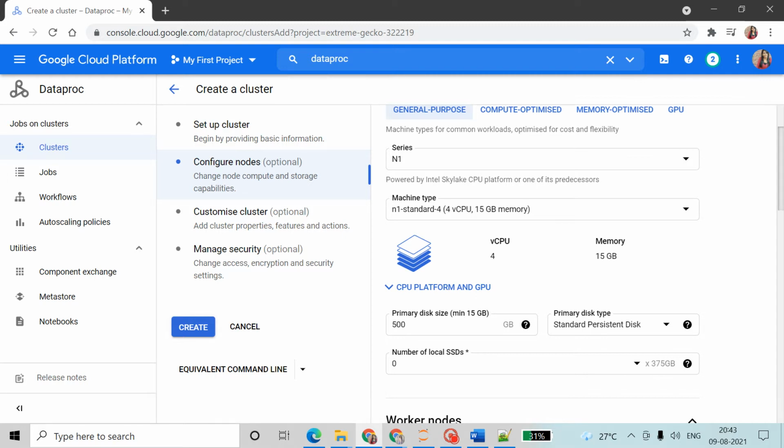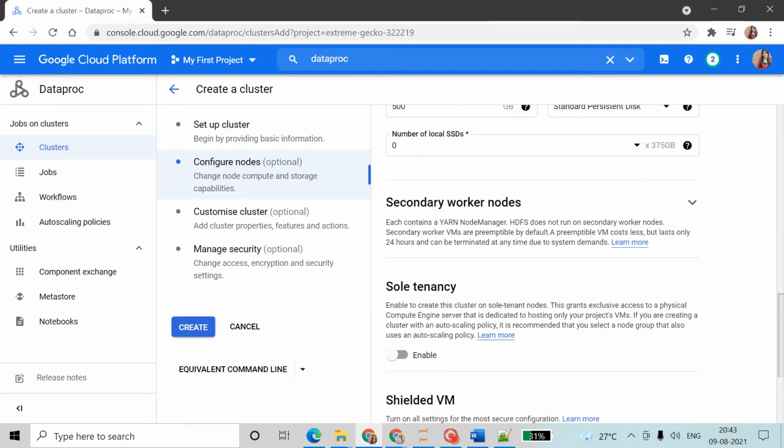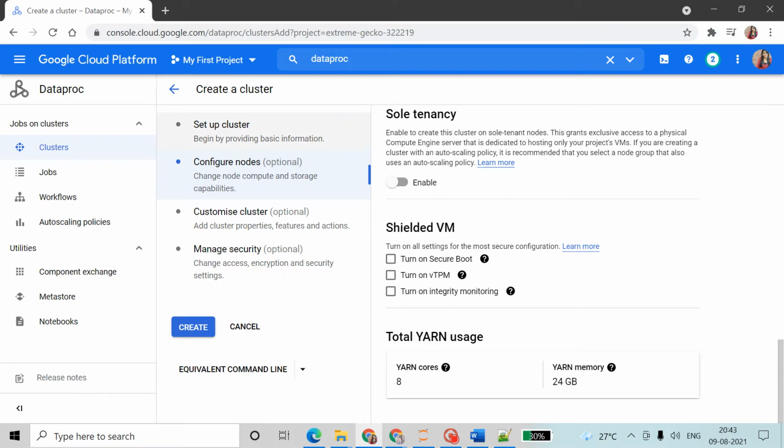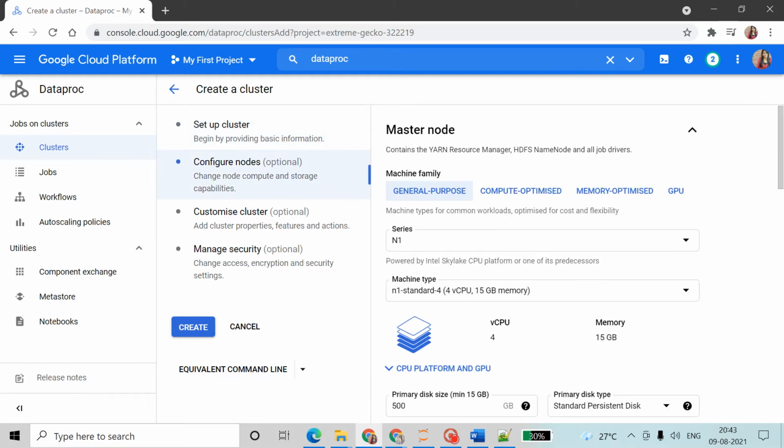We don't have to change all these things, because here we have used standard. According to that only they have selected everything, so no need to change all these things.